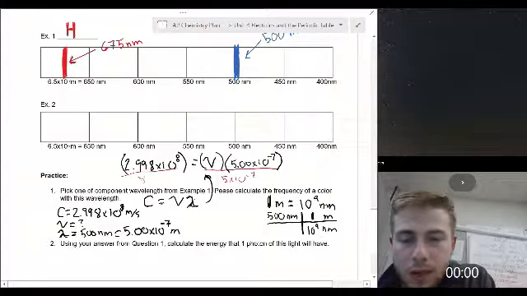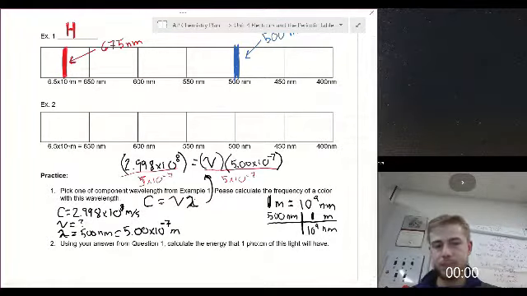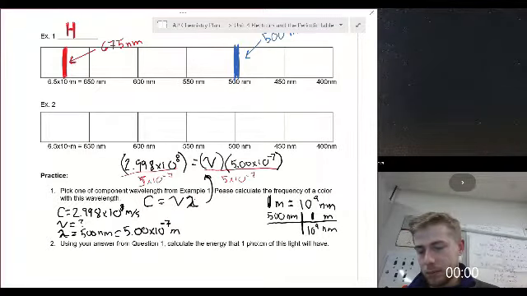And divide this side by 5 times 10 to the -7th. Okay, and when I do that math, I get 2.998 to the 8th divided by